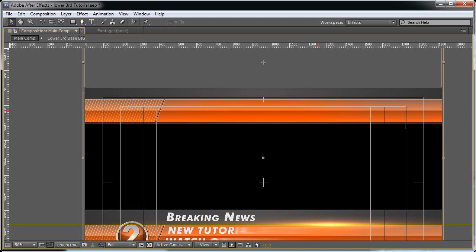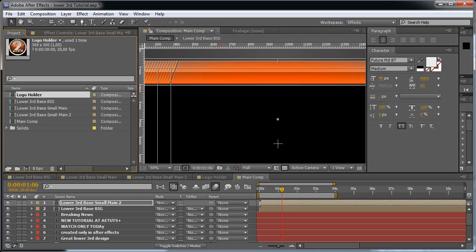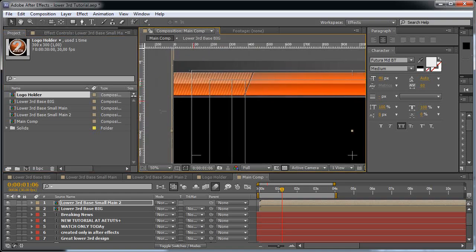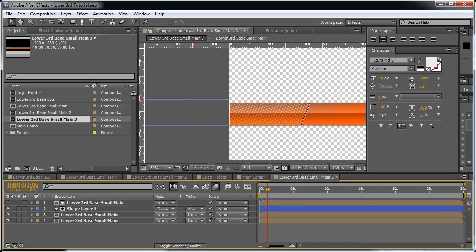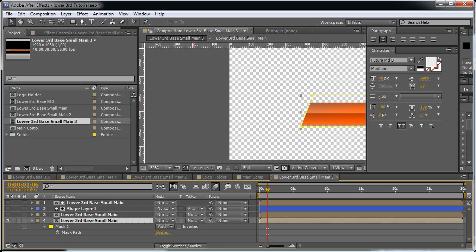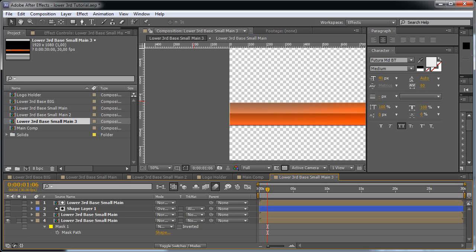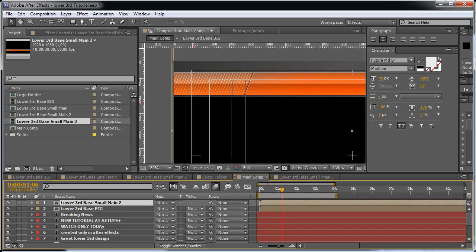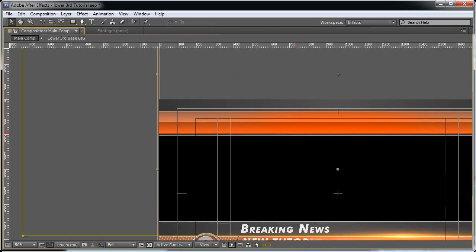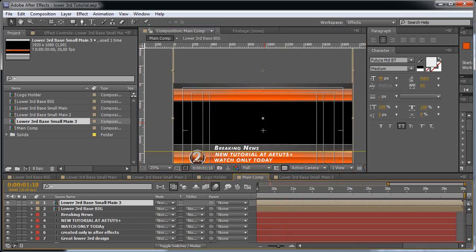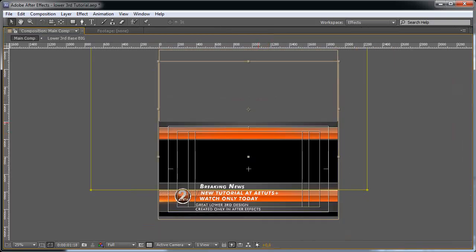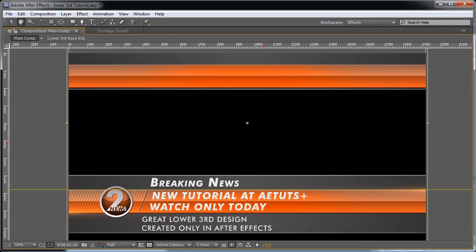And for this you can get rid of this part, so let's come to our composition and let's duplicate this one, double click, and let's turn off these layers and turn off the mask. Come to the main comp and just hold down Alt and replace our composition, and you're ready to go. And basically you can animate your text and everything, and basically that's it for this type of a lower third